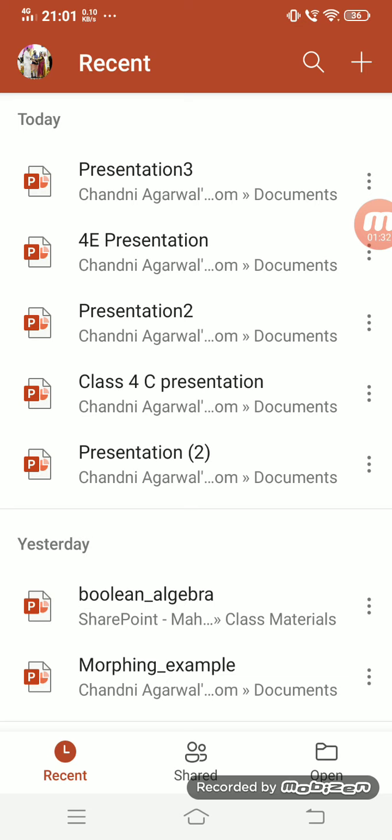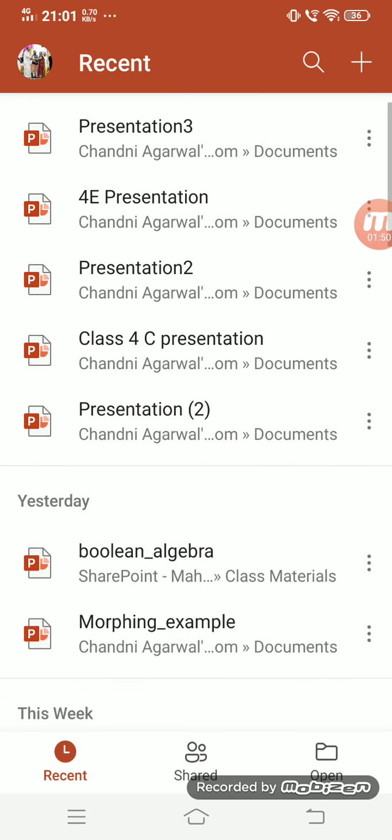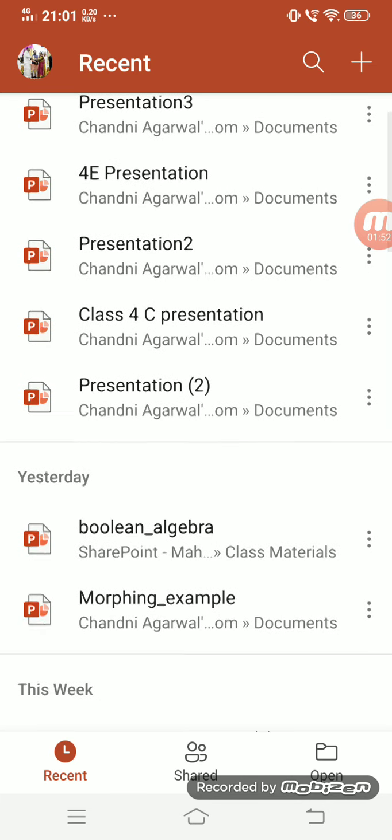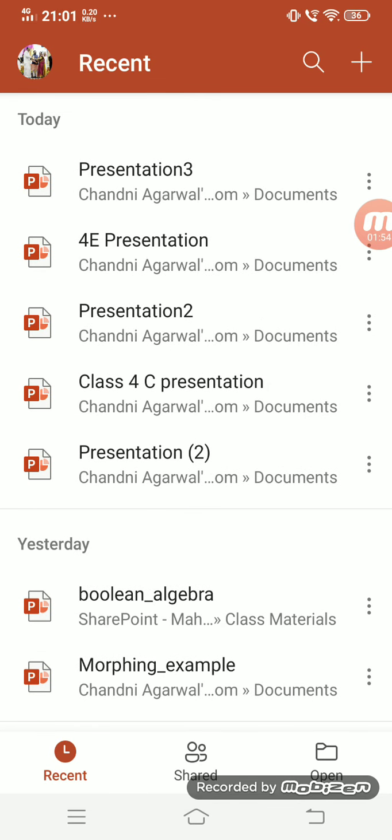Office 365 IDs are those IDs which are associated with your organization. So you can log in with that particular ID. As I am already logged in, it is not asking me to sign in. But if you are not signed in, you have to sign in with your Office 365 organizational IDs.